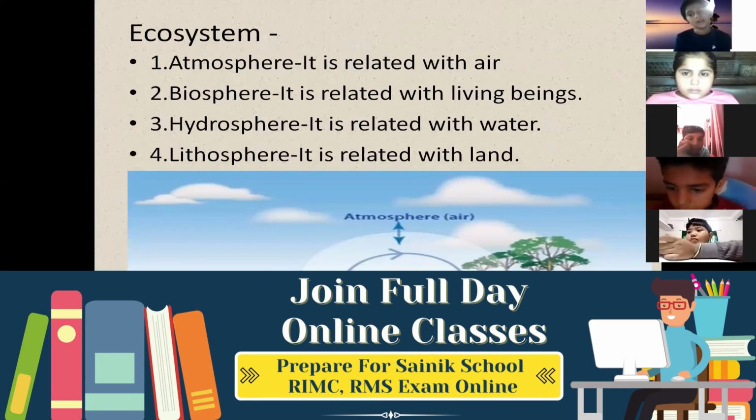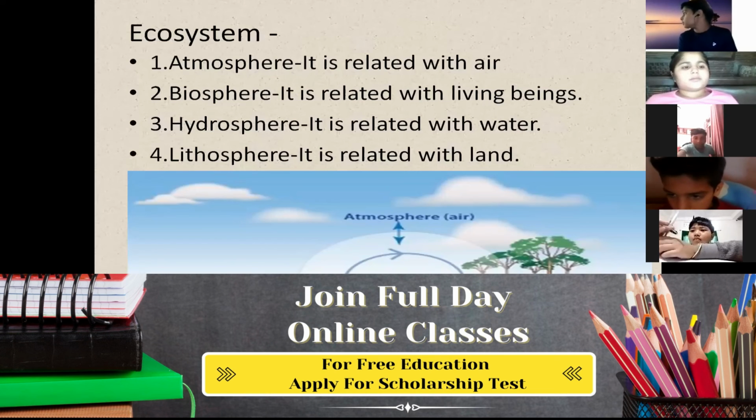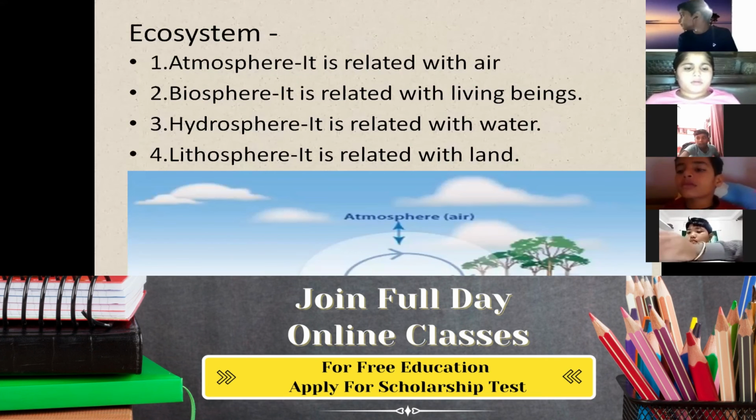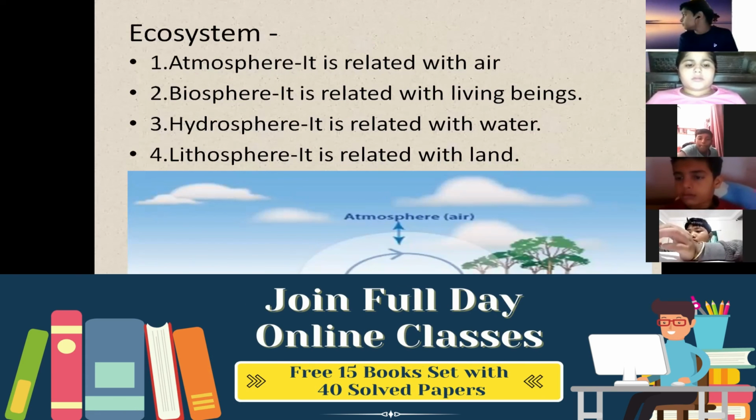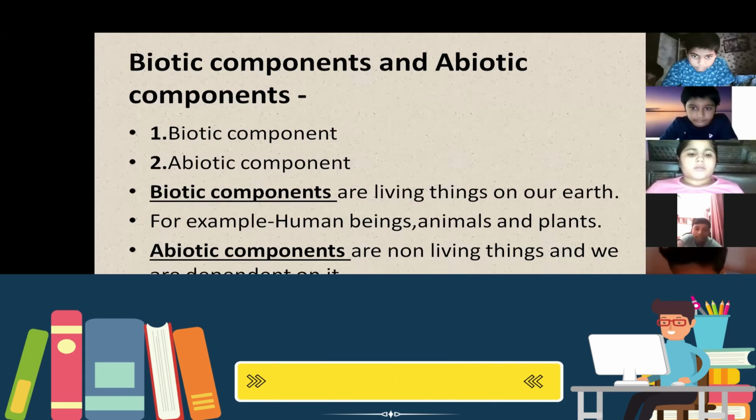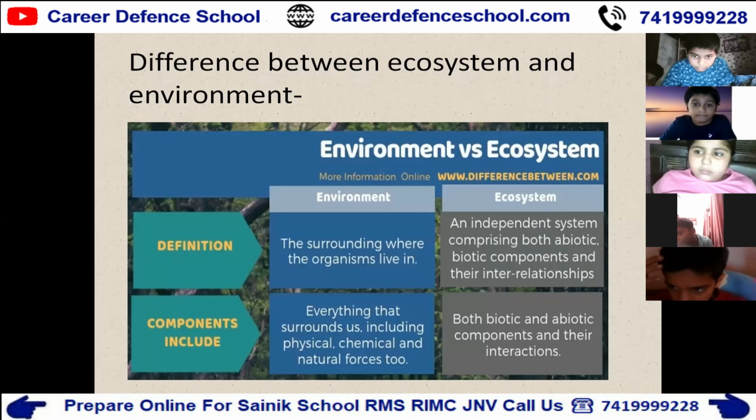Then we did atmosphere is related with air. When I am using term atmosphere, in this I am using the word air. If biosphere I am using, it is related with living things. Hydrosphere term is related with water. Lithosphere is related with land. Then we did biotic components and abiotic components. Biotic components are all living beings and abiotic are all non-living beings. Then the difference between environment and ecosystem. Everything which is around us is environment, and when we depend or interact with each other, biotic and abiotic,